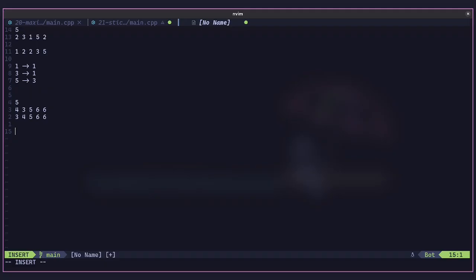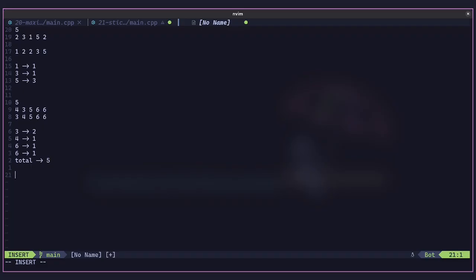Okay, so for this case, let's assume we convert it into 5. For 3 the cost will be 2, for 4 it will be 1, for 6 it's going to be 1, and for the other 6 it's going to be 1. So the total in this case is 5,